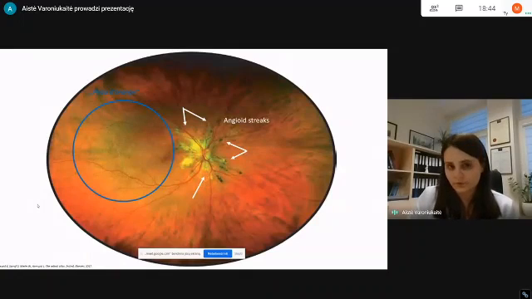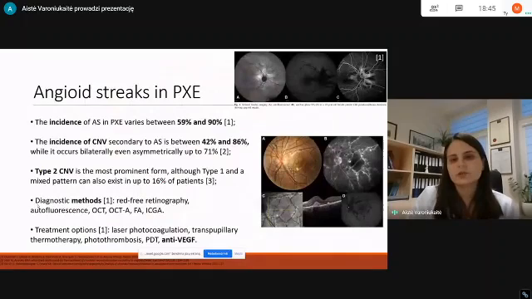It's pathognomonic for pseudoxanthoma elasticum, and you can see it written in French. I won't pronounce it, but it's a dappled appearance of the macular region resulting from small dark areas in the lighter part of the retina, resembling the peel of an orange. The incidence of angioid streaks in pseudoxanthoma elasticum varies, and the incidence of choroidal neovascularization secondary to angioid streaks varies between 42 and 87%. Diagnostic methods include red-free retinography, autofluorescence, OCT, OCT angiography, and fluorescein angiography, and treatment options include